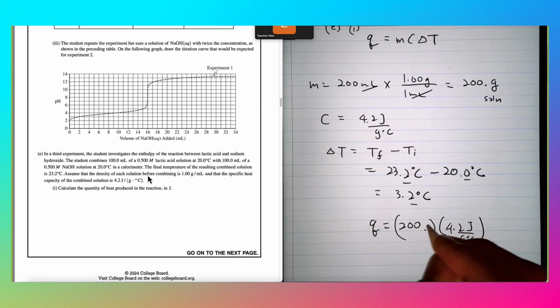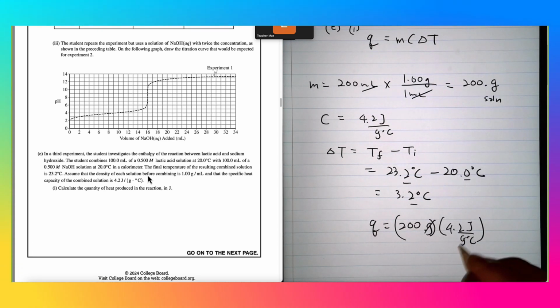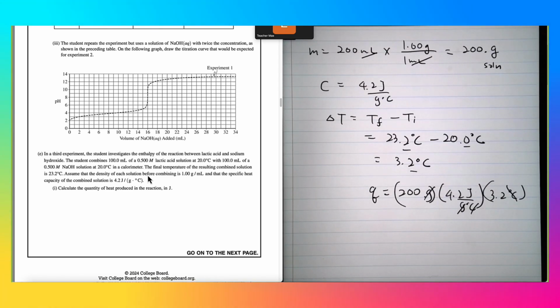Now, it's also good practice, if you have time, to check your units or cancel. And in my case, it does. Celsius cancels, grams cancel. So 200 times 4.2 times 3.2 gives you